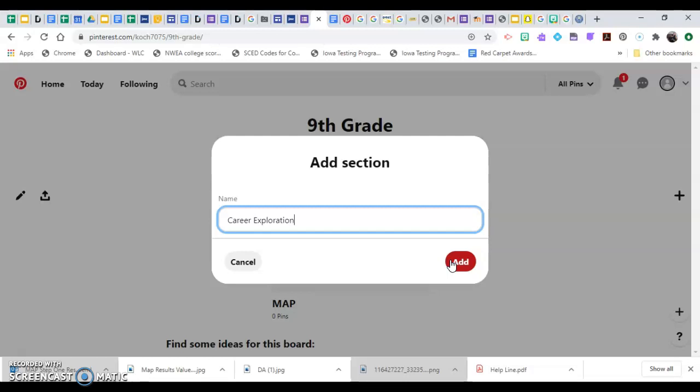Because we want you to keep thinking, keep researching, because someday you're going to leave Belle Plaine High School, hopefully with a diploma, and we want you to be ready for that next step, setting goals so we can all get there together. So I'm going to hit add,